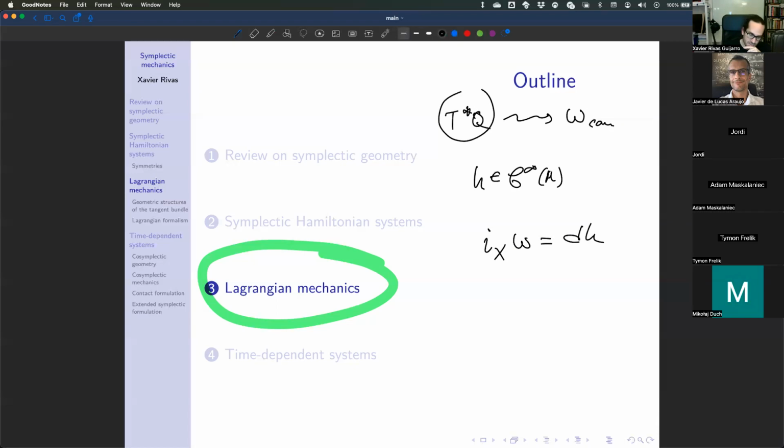And this equation is very nice because this is all geometry. There's no dynamics here. Here we only have geometry, the omega. And here we only have dynamics. There's no geometry here. So everything is separated somehow. On one side of the equal sign, we have geometry, and on the other side, we have dynamics. This does not happen in Lagrangian mechanics, and I think this particular fact messes everything up,